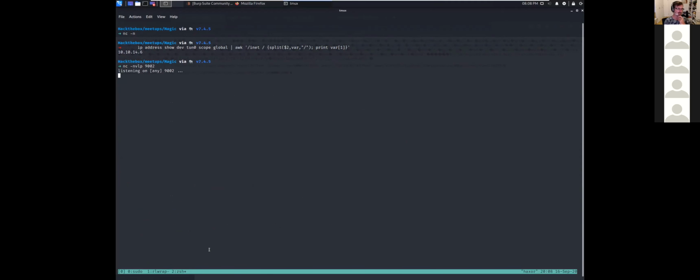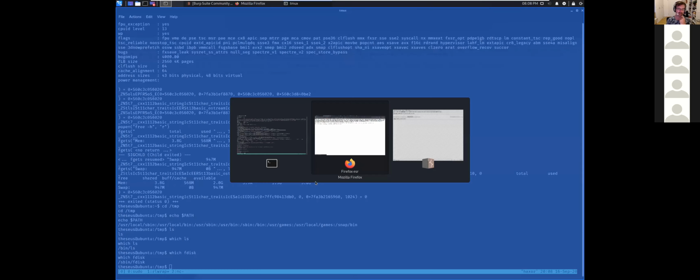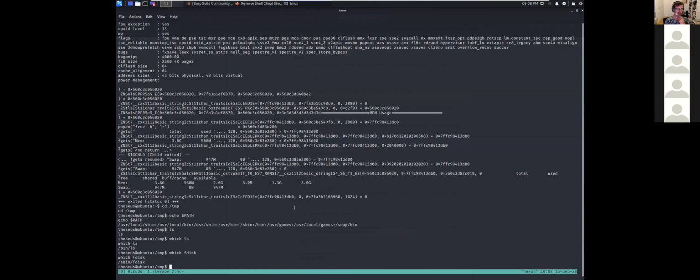For example, I just like using 9000 for Netcat listeners. It's just something I do by default. So for this, we can go back to our favorite website, long live Pentest Monkey. Hello, let's just copy this command. Let's see,